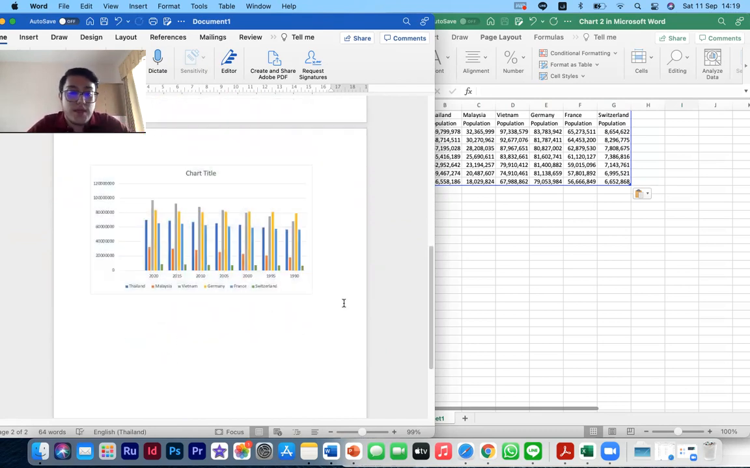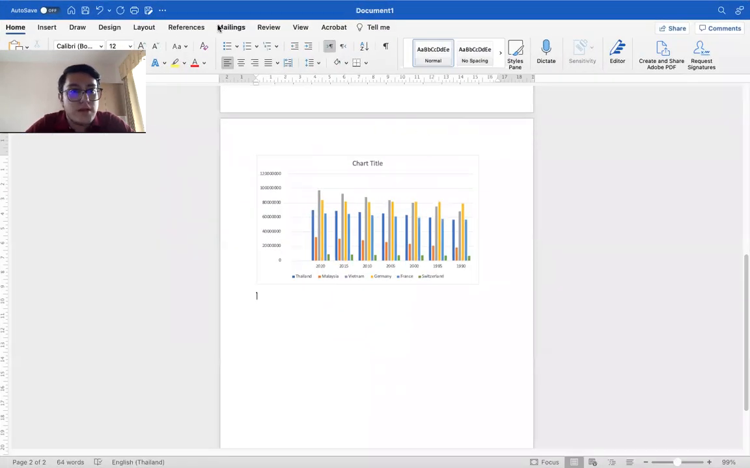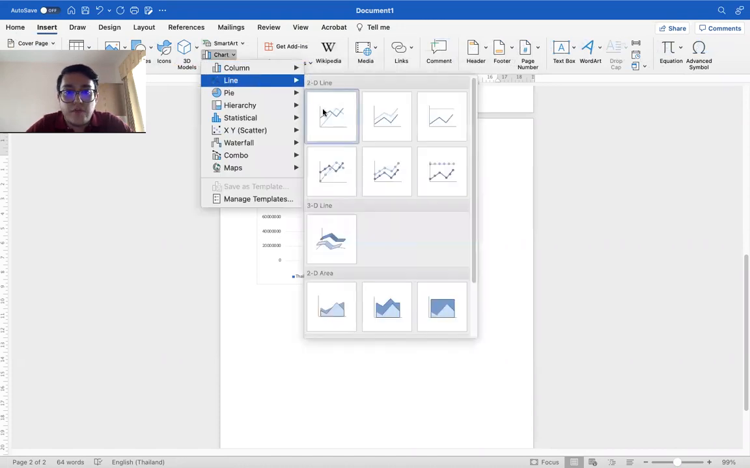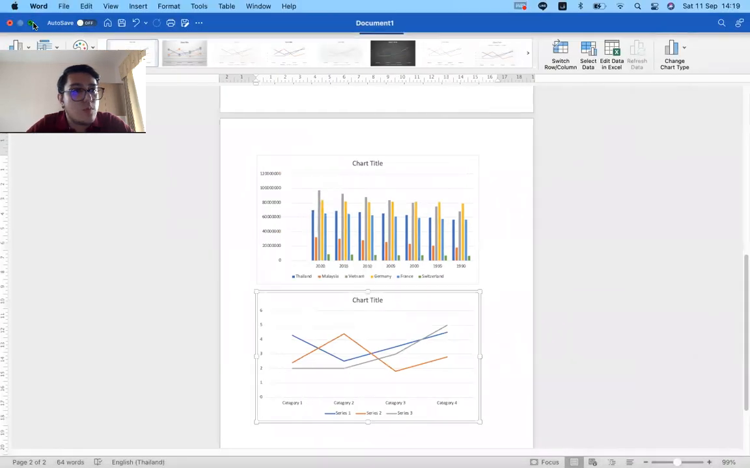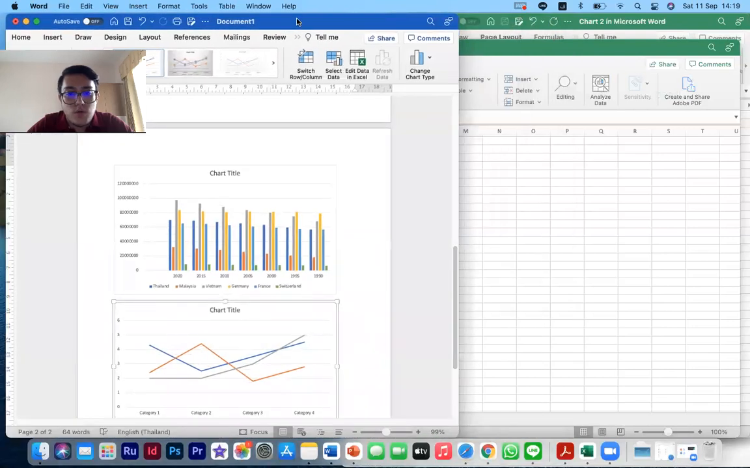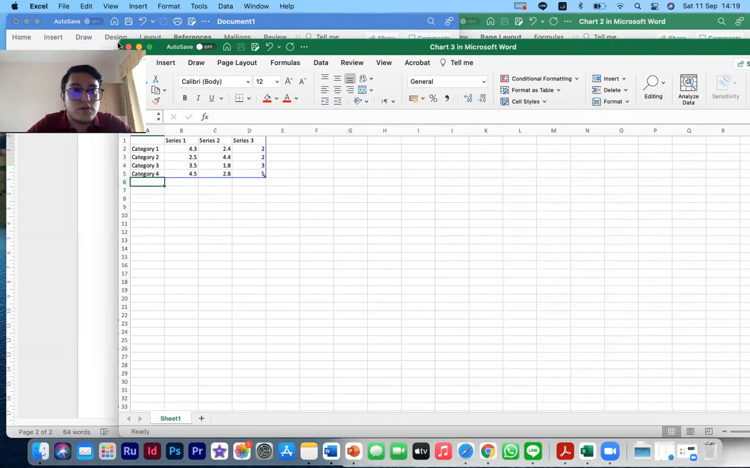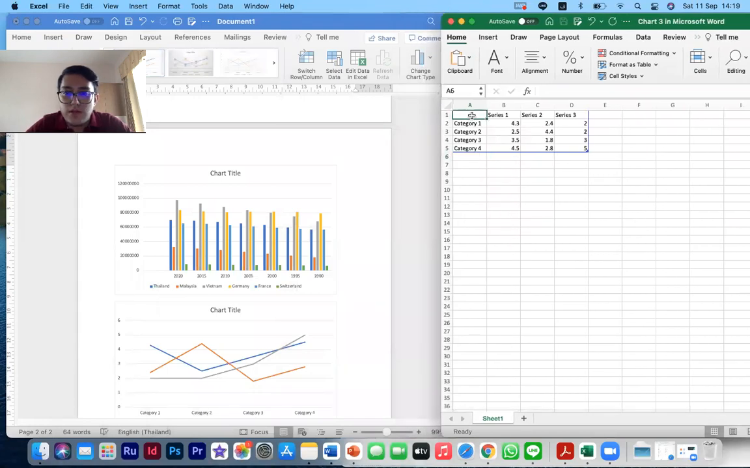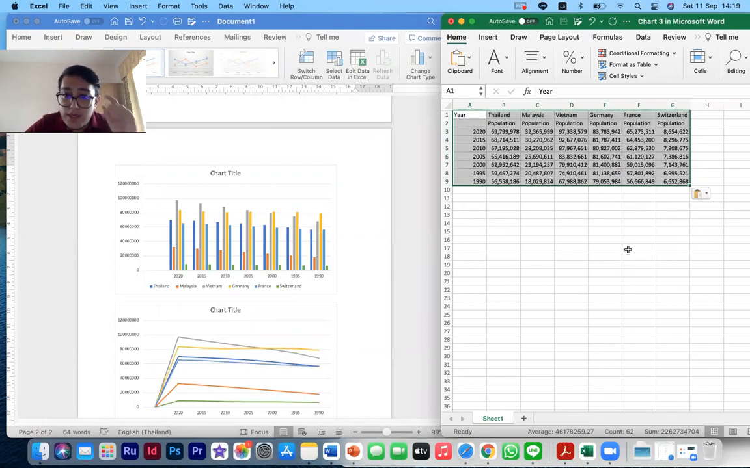Okay, next we will try another one. Let's try a line chart this time. The same, we go to insert, charts. Let's go for the line first. We just select line. We get this page opened. And once we have it opened like this, let me make it a bit smaller. Now, let's paste it inside, match the destination, and we can see